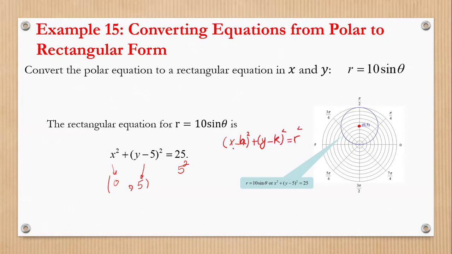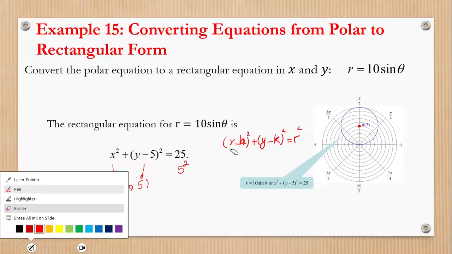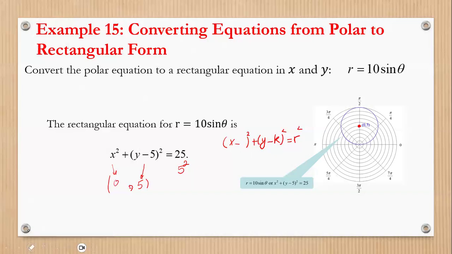This is always the equation of a circle, a circle whose center is always h and k, and the radius is always r. So in this equation, there is no parenthesis here, which means the h is 0. We have 5, which means the k is 5, so that's the center of the circle, and the radius, which is